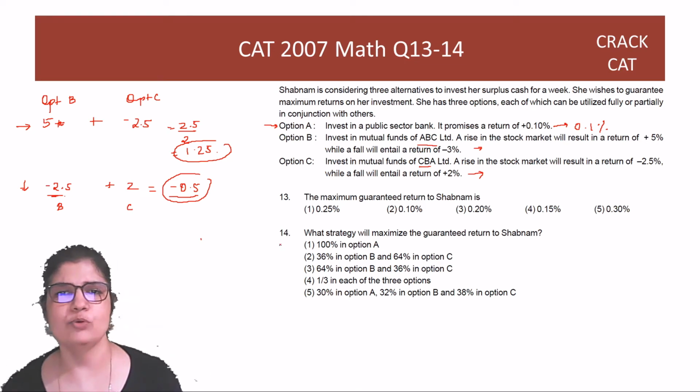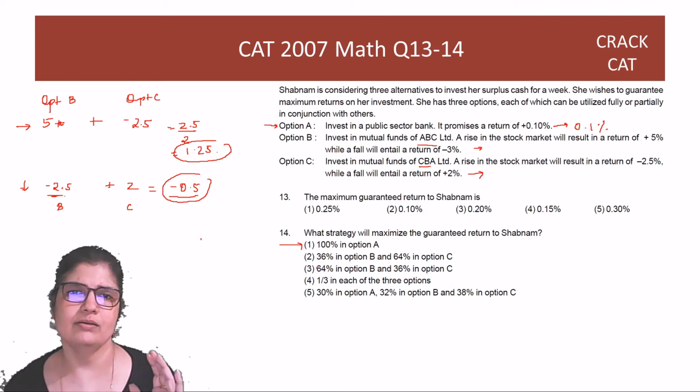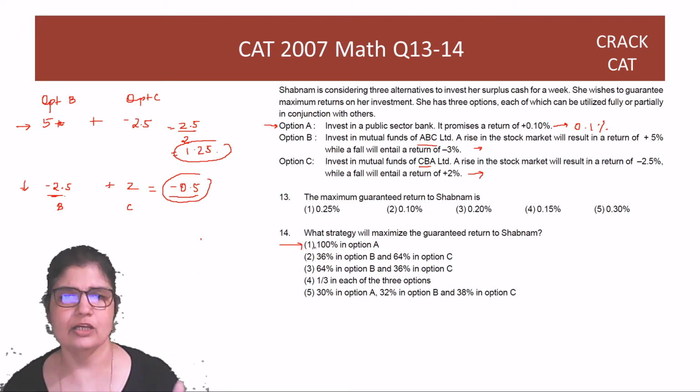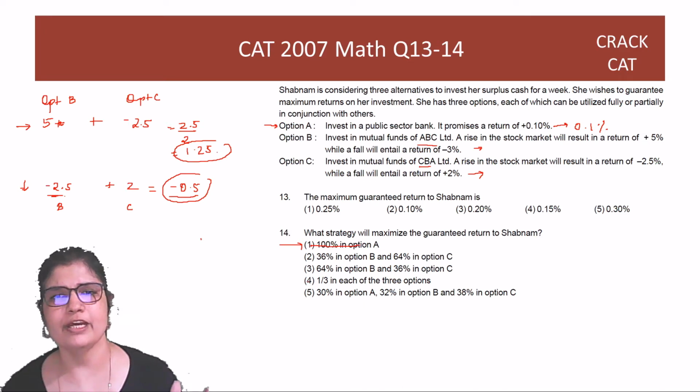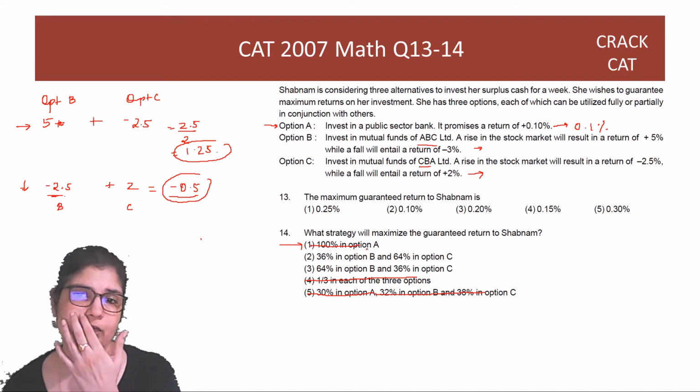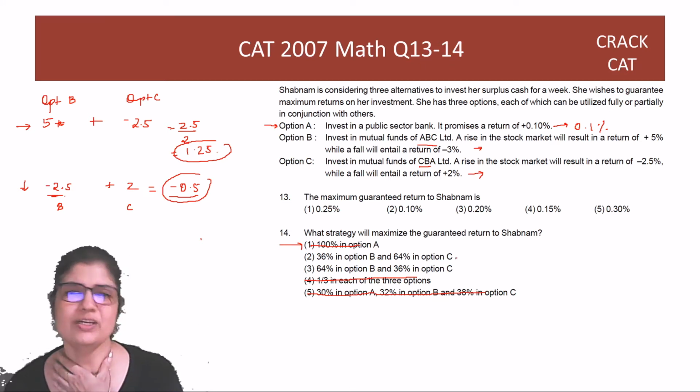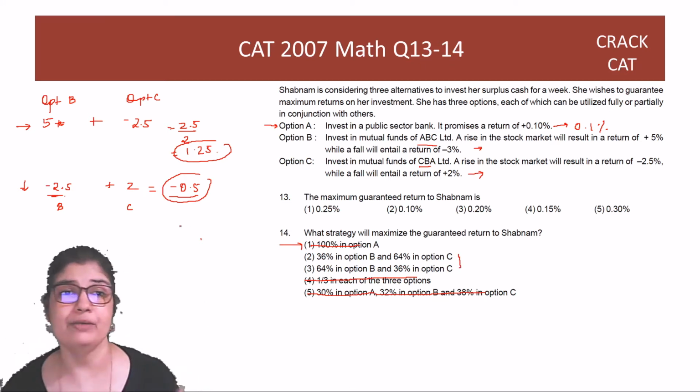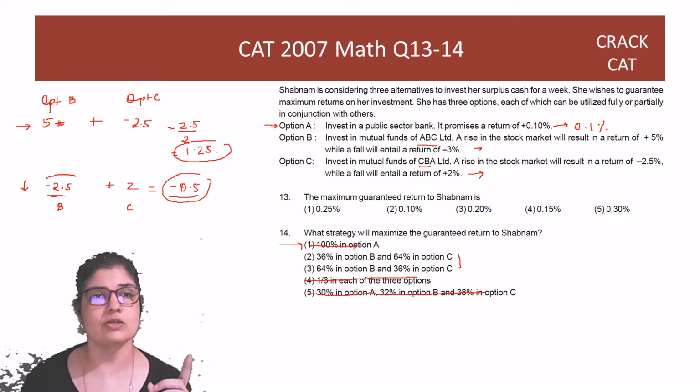So obviously, for question 14 the answer will not be the first option, that would be too easy, right? So eliminate this. The first option will not be the answer anywhere, because either you make money from the other 2 options, in which case you'll only be invested in those 2 options, right? Or you will make money only from option A. So it is a combination, and we know what happened when it was 50-50. This was causing a problem.